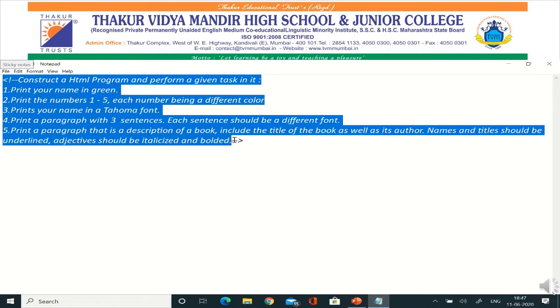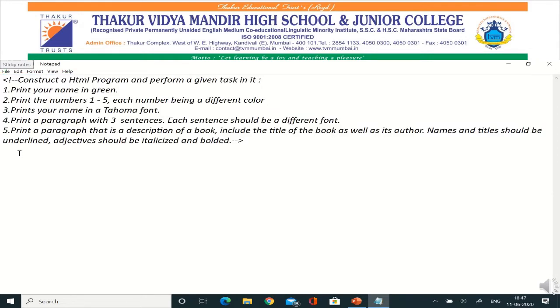Here we are just mentioning the question so that we can understand what we are going to perform in the given example. Now the first thing, we'll start our program with the HTML tag. So the open HTML tag will be the starting. After that there will be the head tag, open head tag.